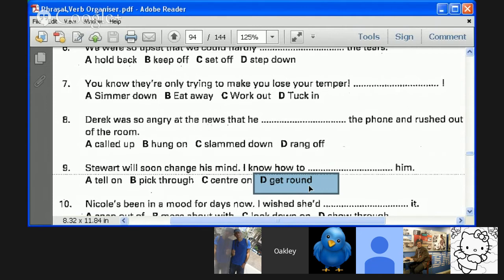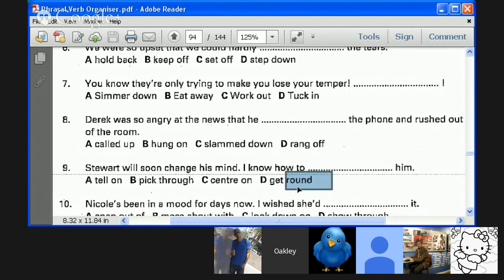You also would hear go around. I'm going to just go around him and go directly to the big boss. You're avoiding him. You're not going straight through somebody or something. You can get around a problem as well. Same thing as a workaround. I can get around the problem by adding a spring here and attaching it there. So I'm avoiding the problem. I'm going around it. It's very, very common, by the way.